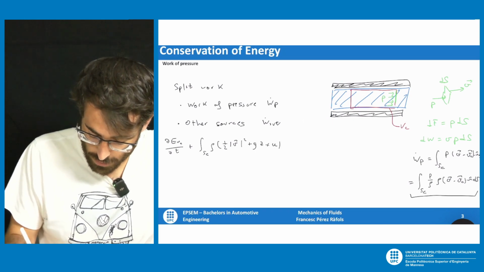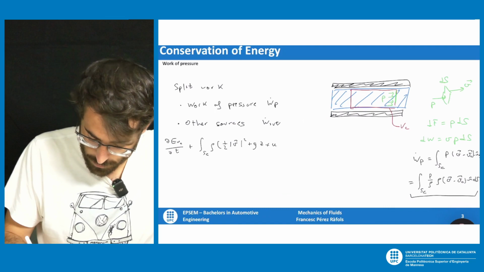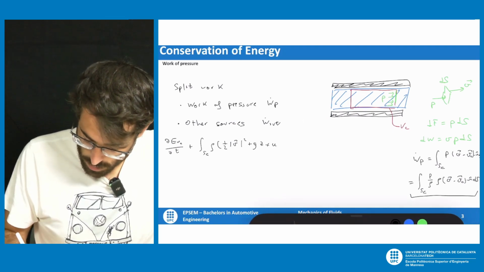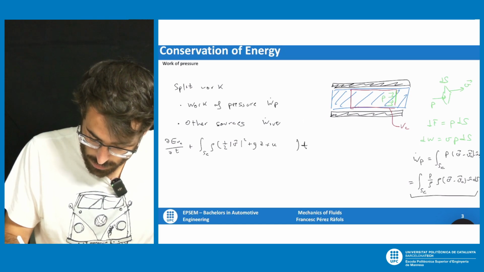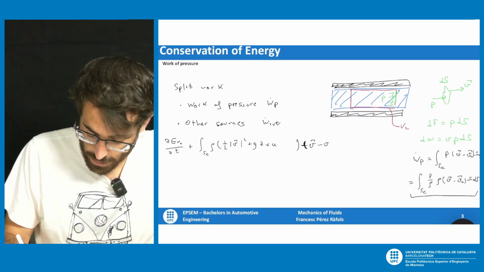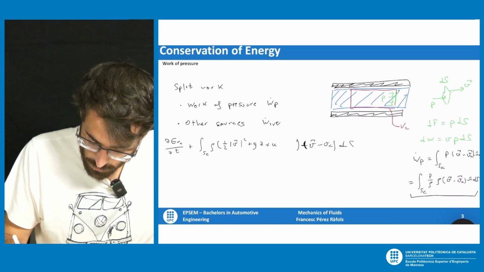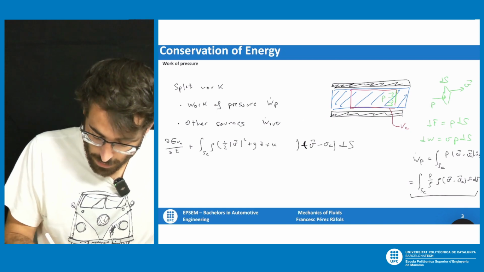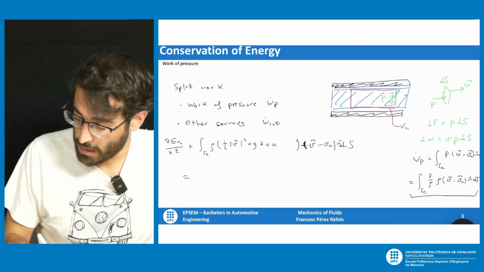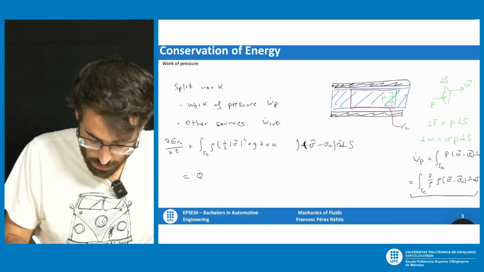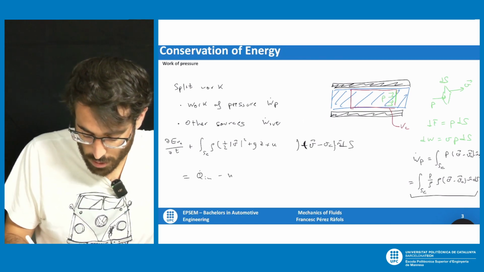Let me save some space here. It's u times (v minus vc) dot n ds, and then finally this is equal to Q in, and then the work, let me split it